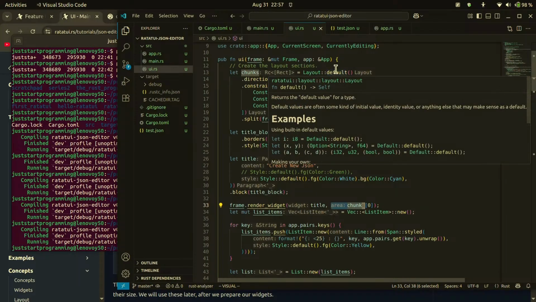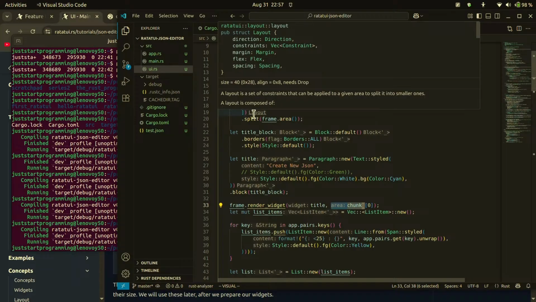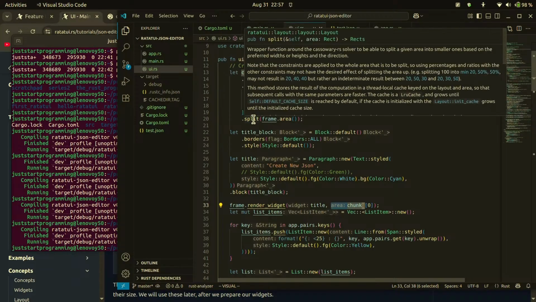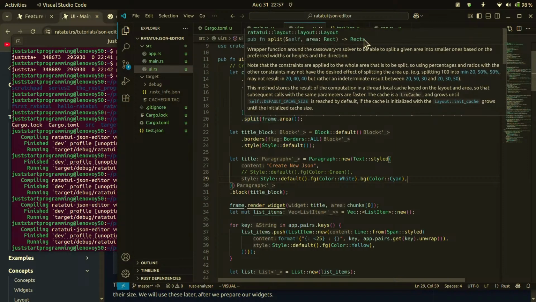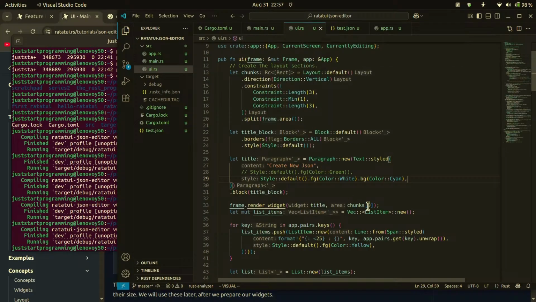Does it mean that the layout can return? Okay, this is the layout. Split. Split returns rectangles. Okay, so split returns rectangles. So if you wanted the rectangle, you need to specify the index, chunk index. Okay, because you can see chunks is